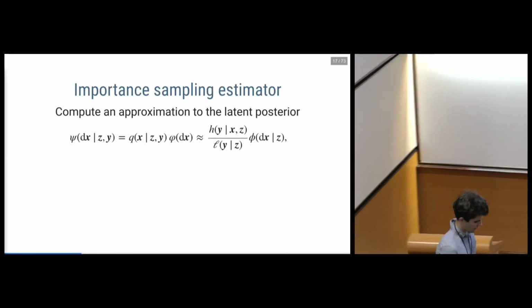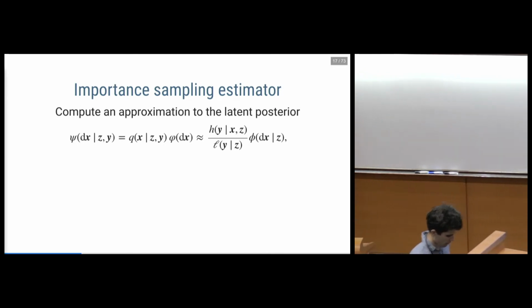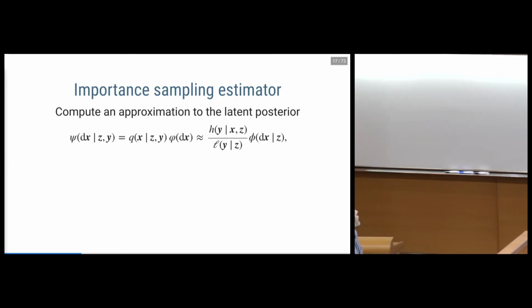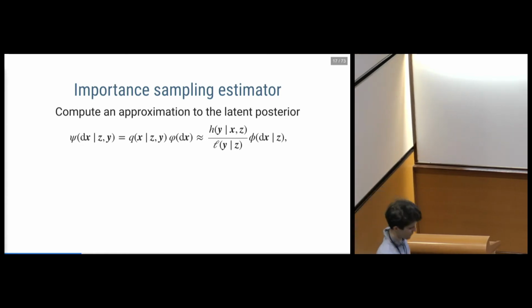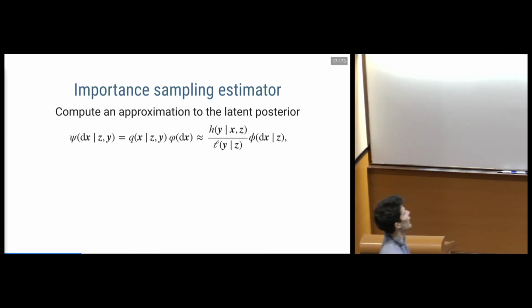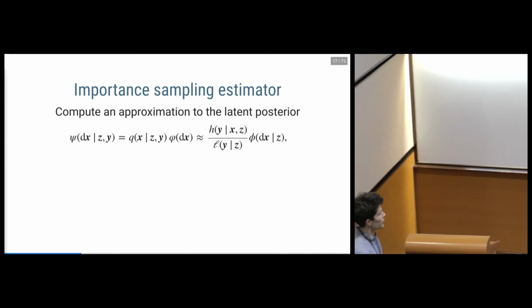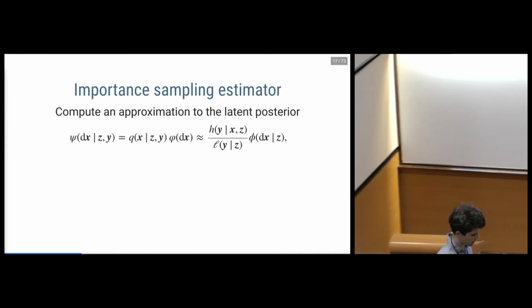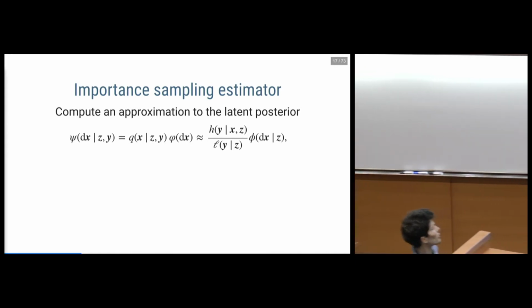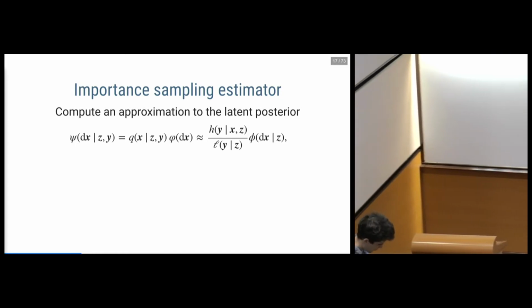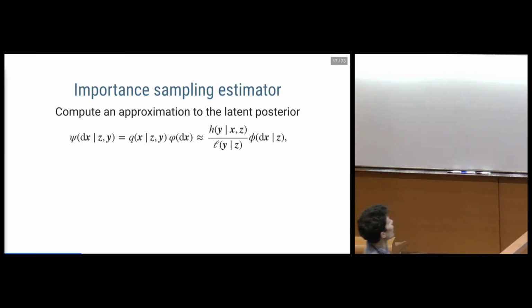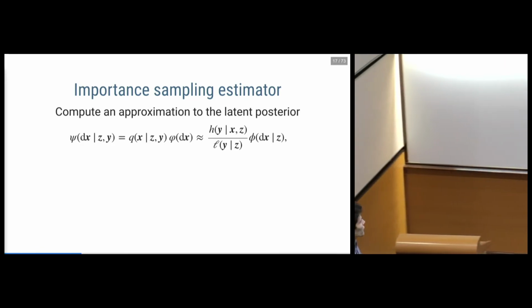So the general setup for these latent variable models, for how we would compute some sort of density estimator, would be using some sort of importance sampling-based estimate. The simplest thing we could do, perhaps, would be to sample from the prior distribution on the latent variables and use that to form an importance sampling estimate of the posterior.